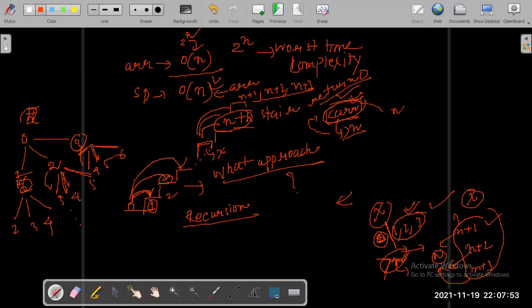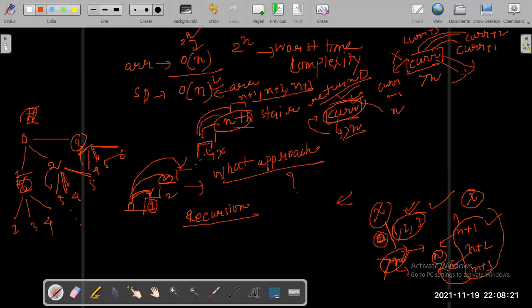If I am right now at a current stair CURR, which is greater than n, as per the rule I can only go above it. From current, I can go to current plus 1, current plus 2, or current plus 3. I cannot come back to current minus 1. This is not the rule, right? So no point of going here. Why shall I even consider this option when I cannot come back?